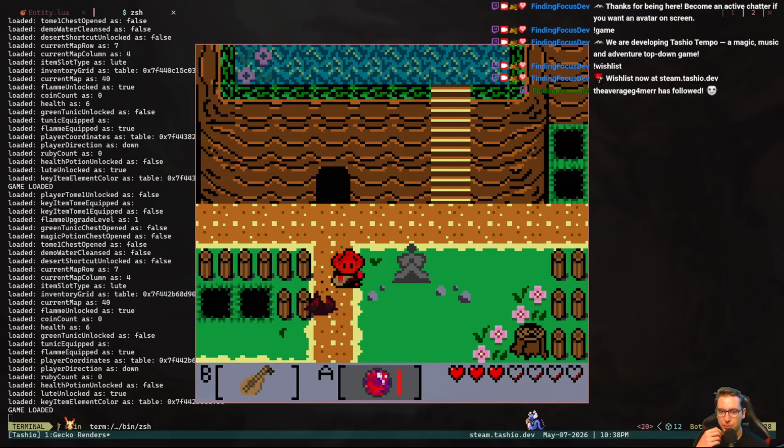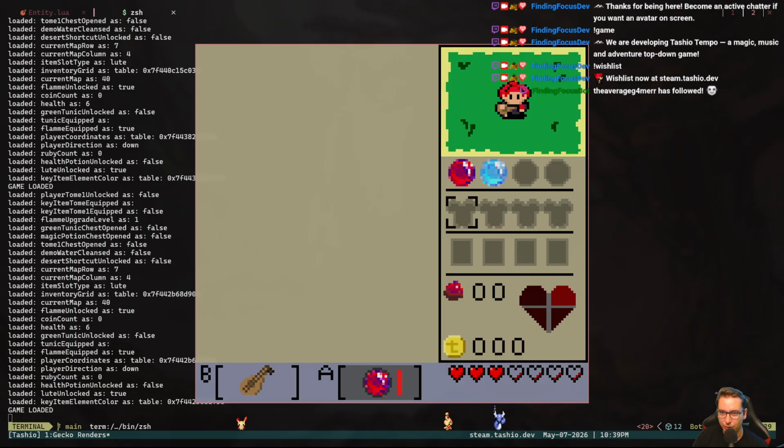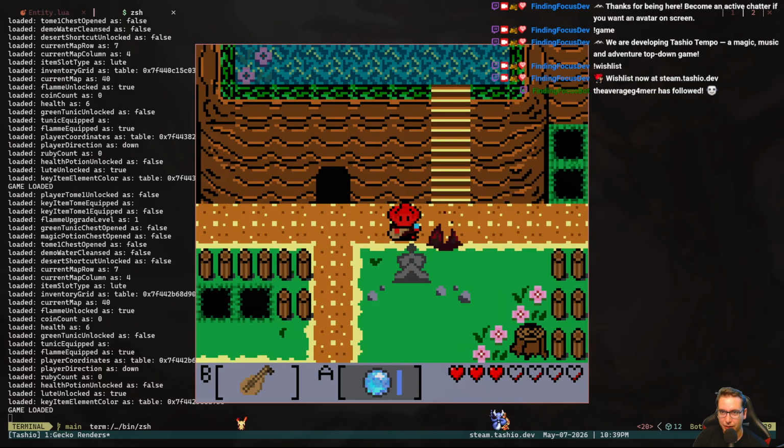So see, this is kind of what I was talking about, how we can't do it with Tashio because it's just a tint. We're tinting all of us purple. And you can see the loot is actually not part of the entity, which is kind of cool, which means if we had the tunic, it would render the perfect color as well, same with the element in our hand. So